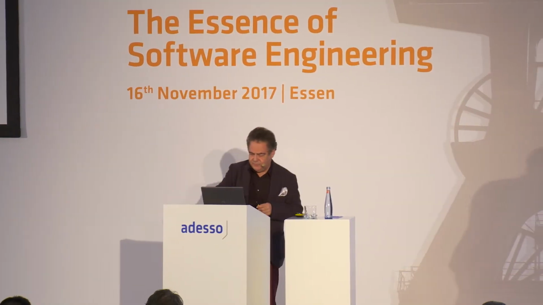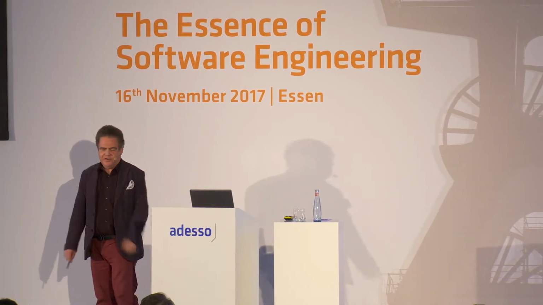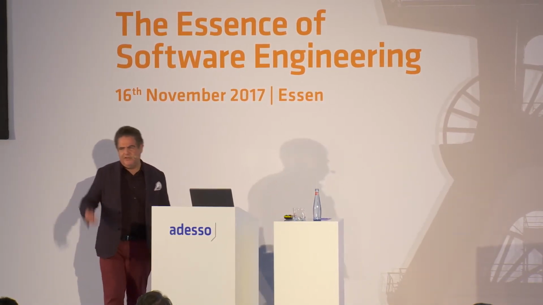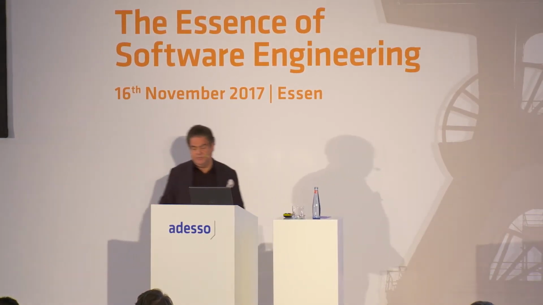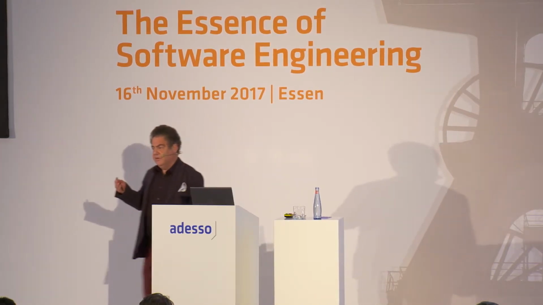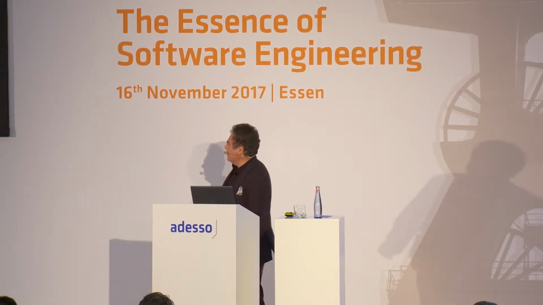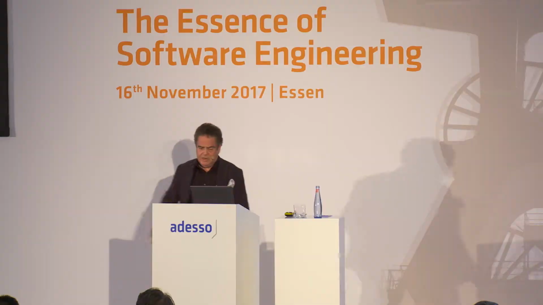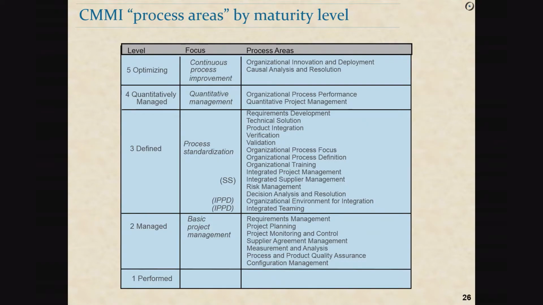Emphasis on measurement, and something which is just as important, which I just forgot to include here, the emphasis on self-improvement, which is also shared with some of the best agile methods. The idea of always challenging your own process, never being satisfied with what you have achieved so far. So the best known part of CMMI is the five-step hierarchy, but it's not the most interesting one. Really, the most interesting one is the collection of best practices.